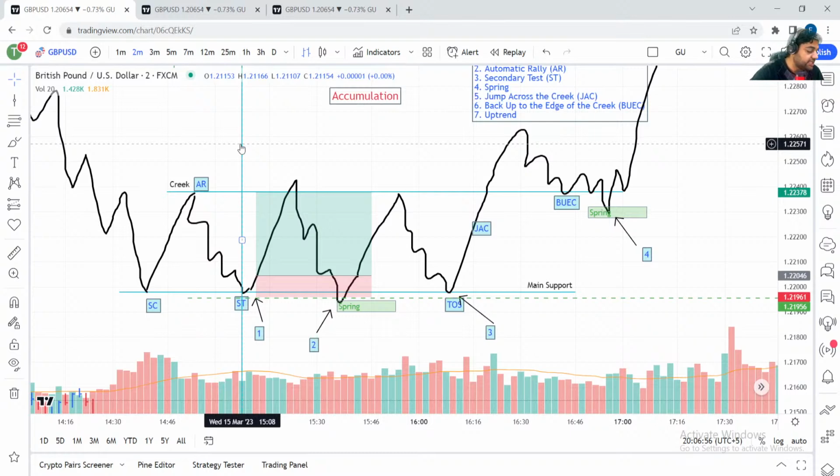Okay, Ajay Sharma ji, this strategy is applicable in all time frames. The accumulation also happens in all time frames. You can spot an accumulation on a daily time frame, on a weekly time frame, on a 5-minute chart, 1-minute chart, 4-hour chart, 1-hour chart, everywhere. This happens everywhere. It just happens at different timings, of course, but it actually happens everywhere.